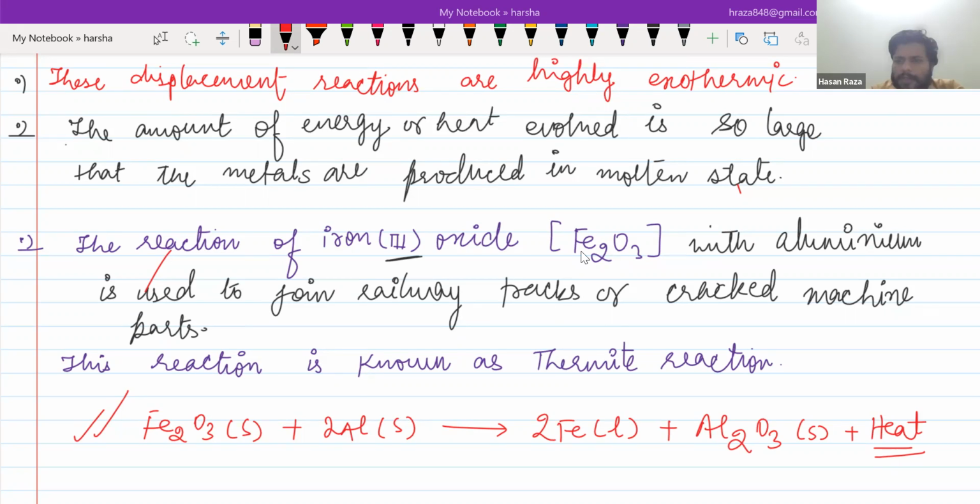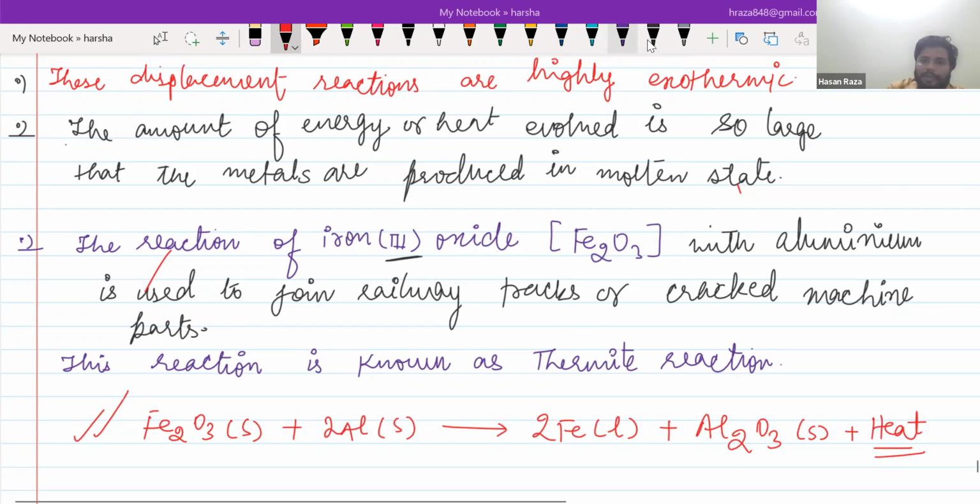So this is basically for metals with medium reactivity. We have already completed metals with low reactivity and then metals with medium reactivity, which will be reduced by carbon. And the next method is by displacement reaction. The oxide of a metal with low or medium reactivity will react with high reactive metals, and that reaction is called